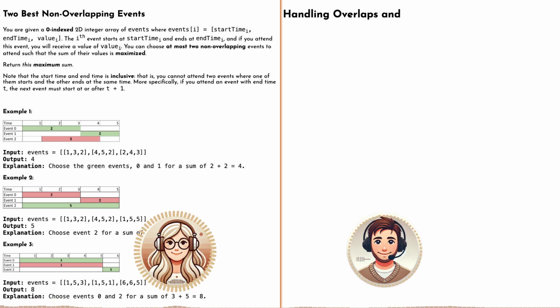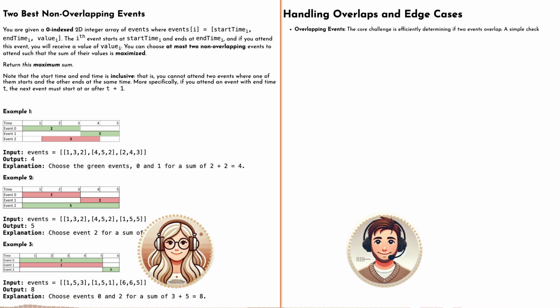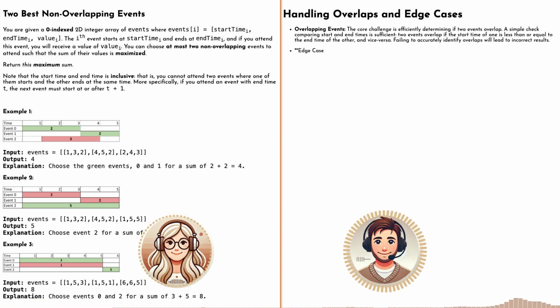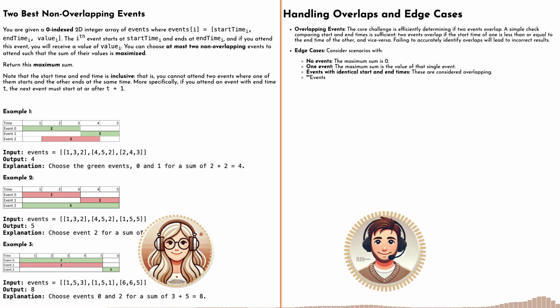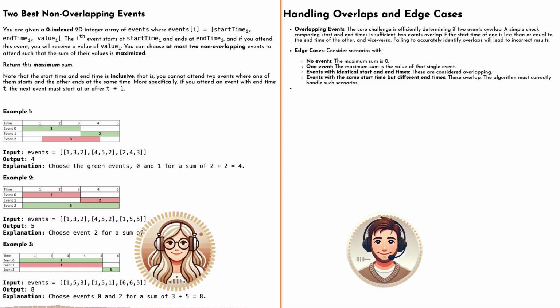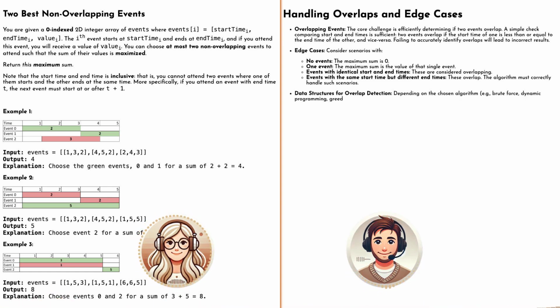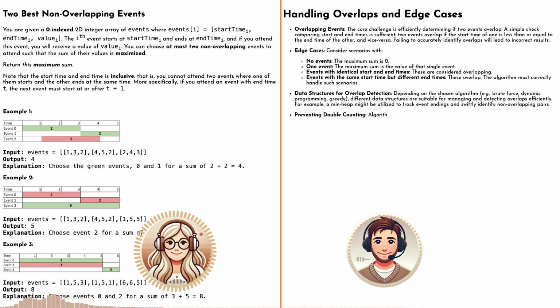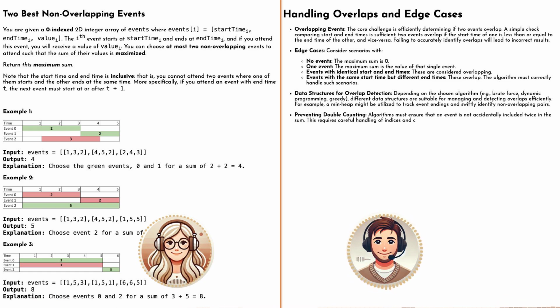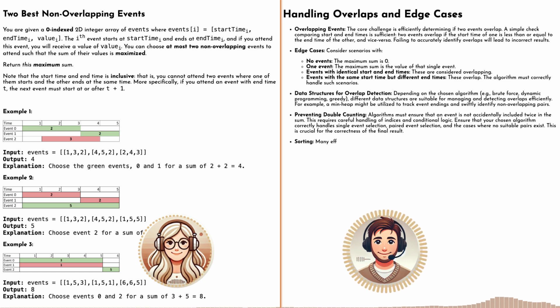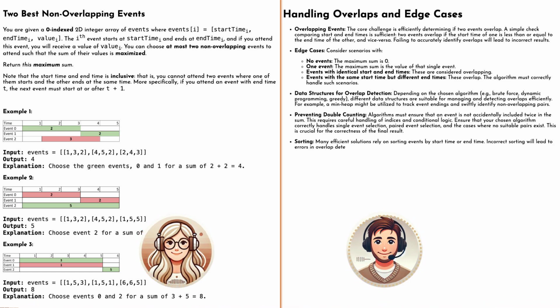Okay, cool. Let's shift gears a little bit. One thing that trips people up is handling those event overlaps. It seems easy, but there are some tricky situations. You can't just look at the start and end times. What if one event ends right when another one starts? Is that an overlap? It depends on the rules. Like what if you need time to get from one event to the next? Exactly. You got to think about those details. So overlaps can be tricky. What else should we watch out for?